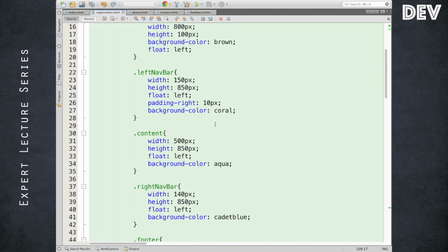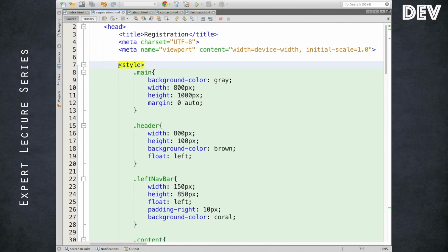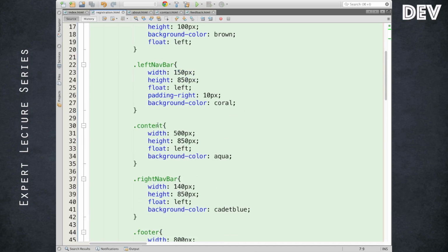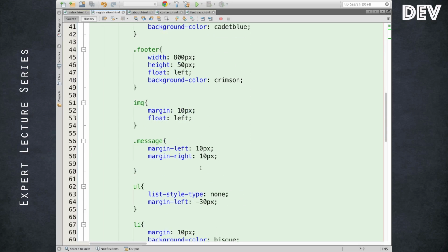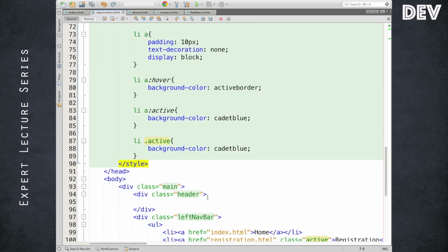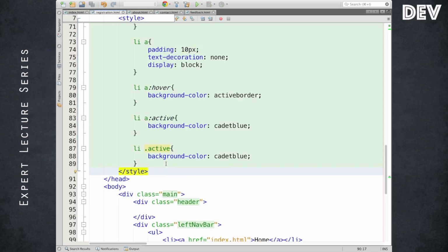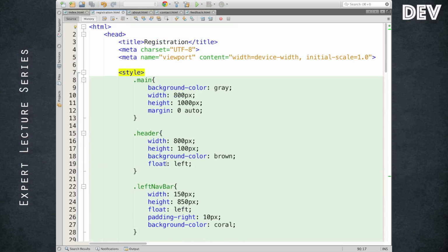Okay, and one more thing, this style seems to be repeated across all the design, and probably it's time to make it an external style sheet. Remember, a style sheet can be included in three different ways. One is inline styling, which we saw in the very first example. Second, internal style sheet, which is what we have done now. That style, even though it is separated, is internally located inside the HTML itself. We can also make it an external style sheet. So let me put that because it is quite redundant.